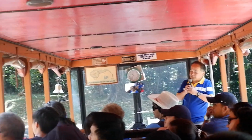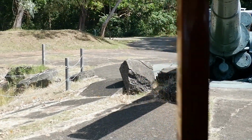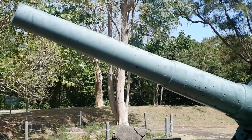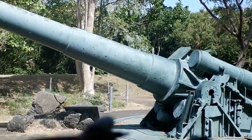Now look on the left side, that is a bomb crater made by a 500-pounder American bomb during the liberation. And look at beneath the bundle are shrapnel markings. Now, the storage facilities here is there. The storage facilities are